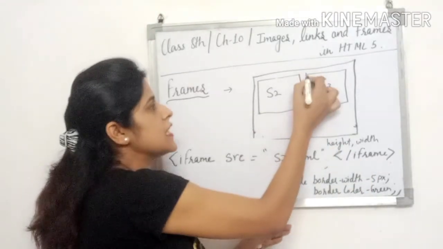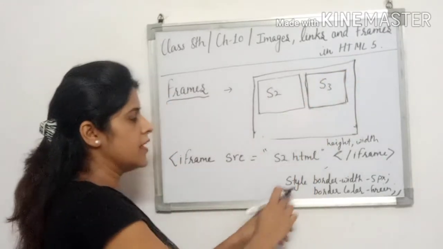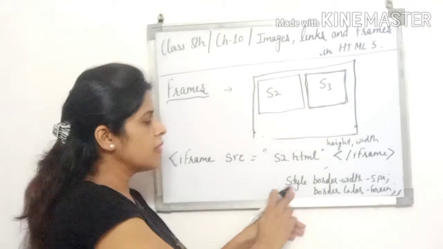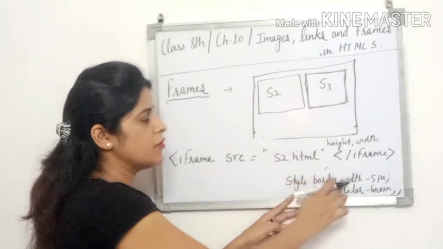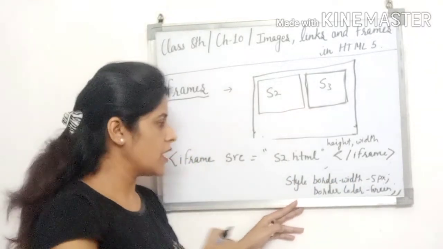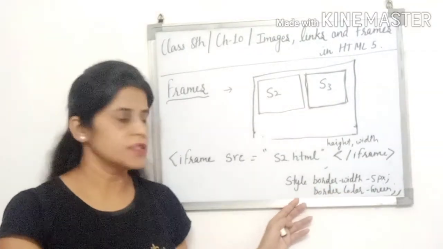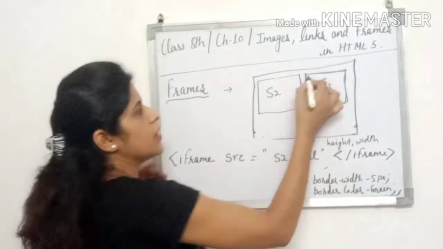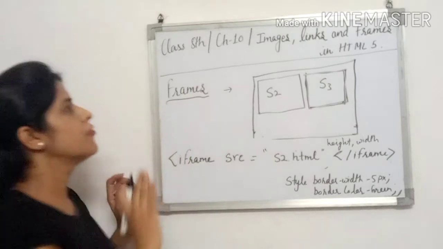And if I want to give this frame a border, then I will use this style here, after s2.html. In style I am using the border width, which gives the border. In style, what border width did I give? 5 pixels. How thick you want to show its border, that is the border width. And border color, which color you want to show in its border. I am showing the green color. So its border color and border width will be shown through this. This is your frame tag.